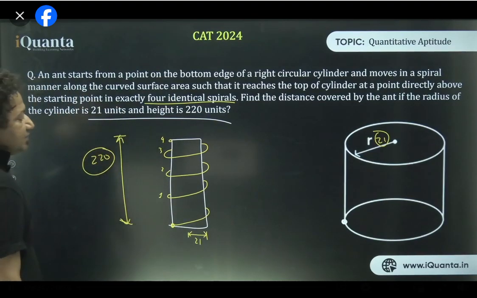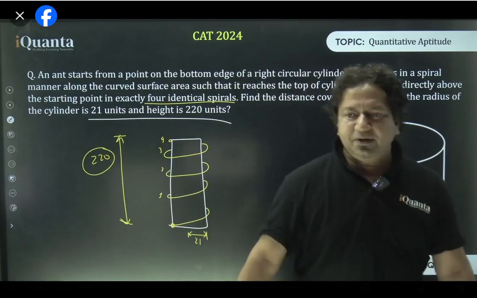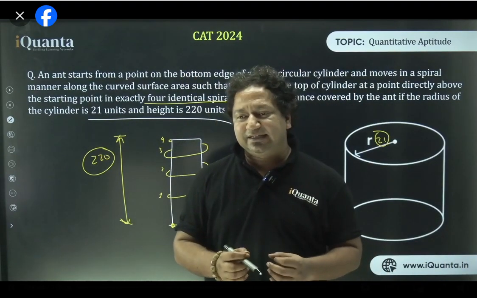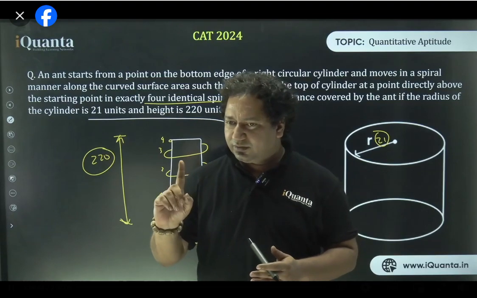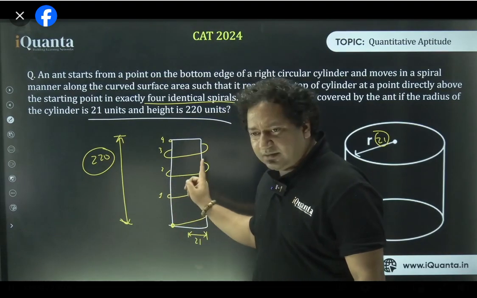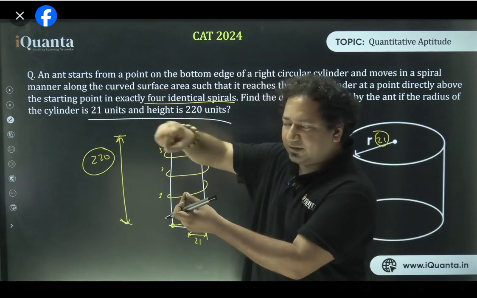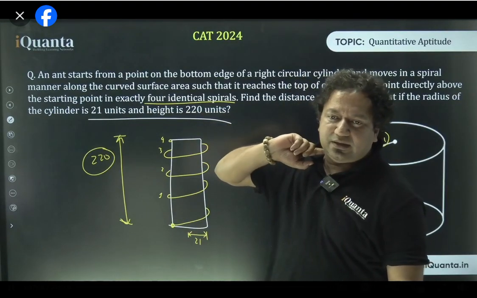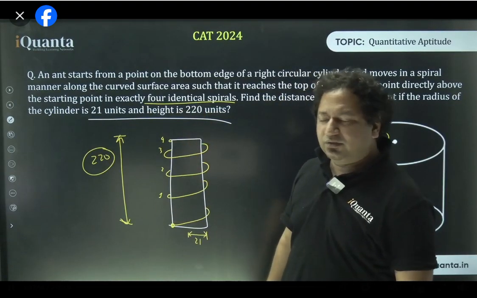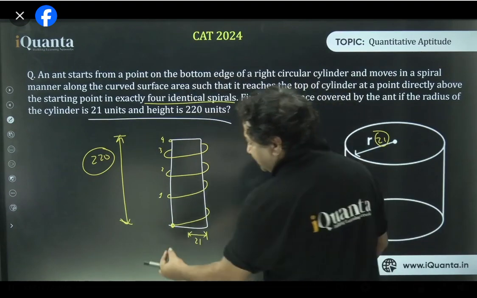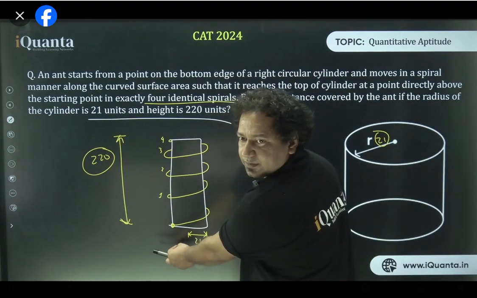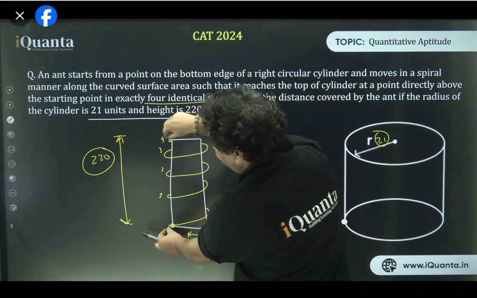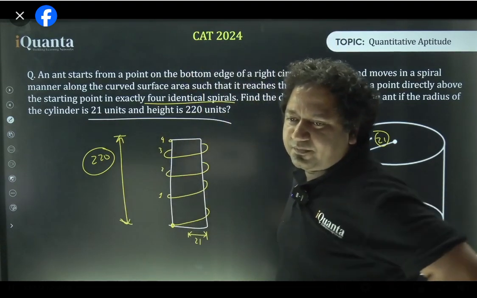Now, to understand this question properly, I want you to visualize what if this ant had a thread stuck to its legs. If there is a thread, then as it goes like this, the thread will keep getting drawn like this. Can you imagine that? The thread will be wound 4 times. And then the ant goes away. So now what I do, I look at my fingers. I pick here, and hold from here. I pulled it like this. Understood?